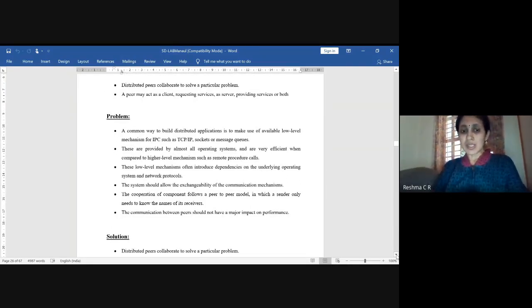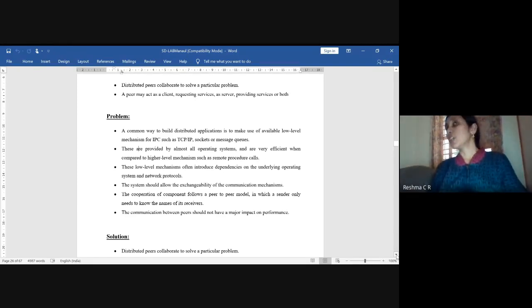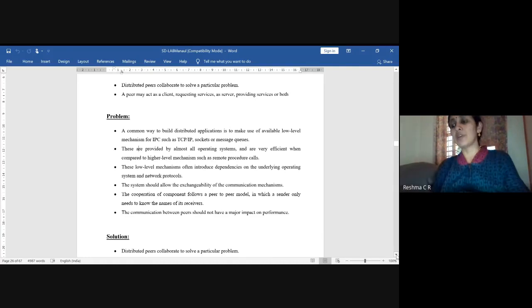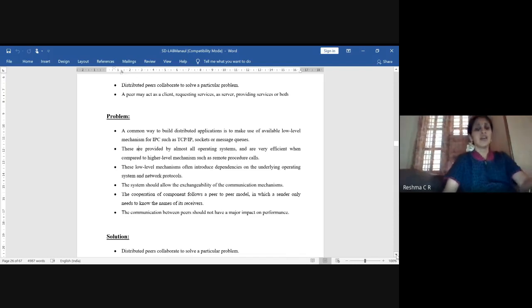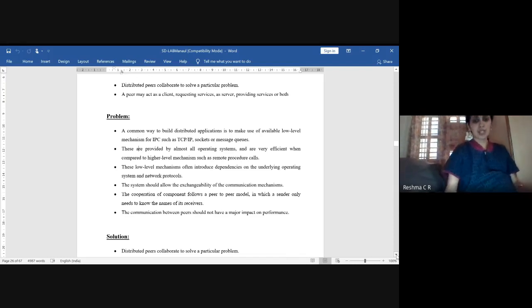The problem is when we are establishing a communication channel between a client and a server, or between peers, what we need to identify, as I said, is the low-level mechanism, that is inter-process communication. When you say inter-process communication, we need to have communication within a particular network, and we need a set of protocols.